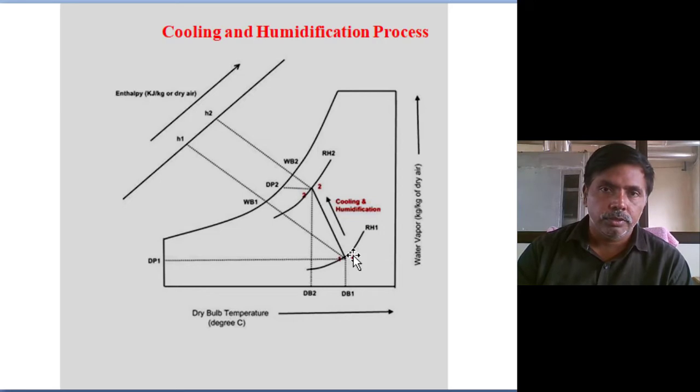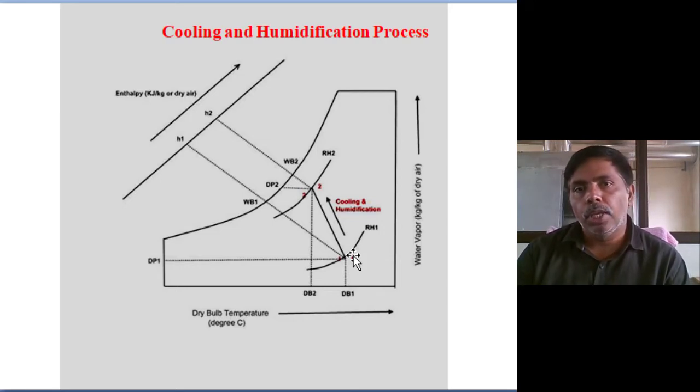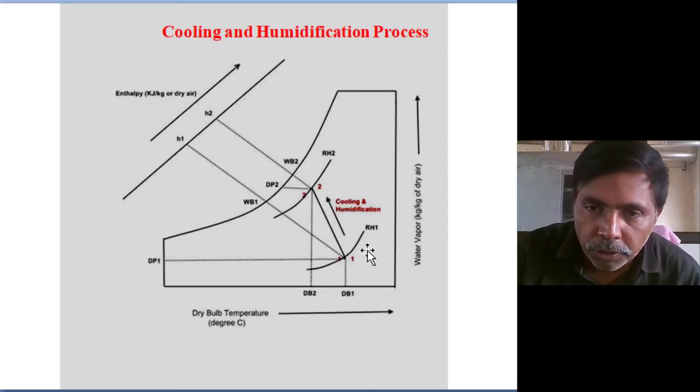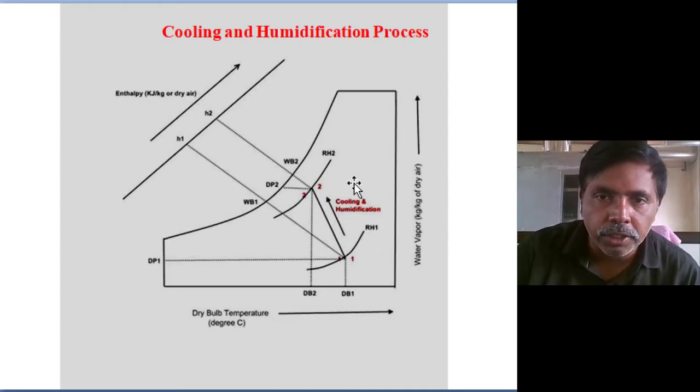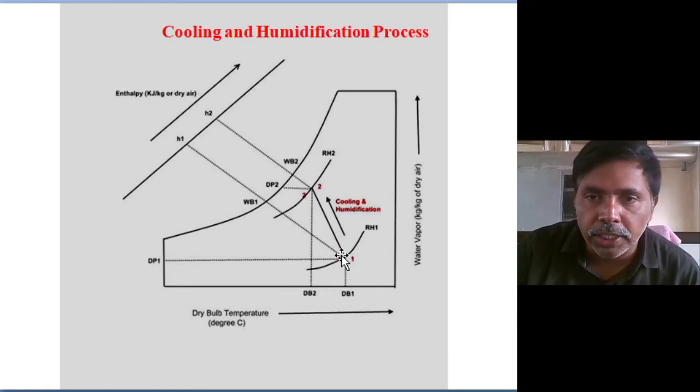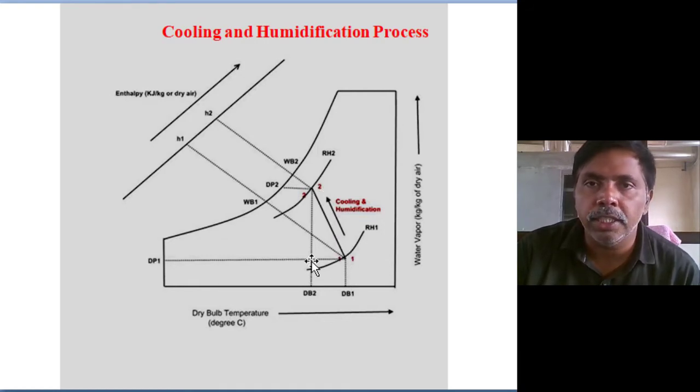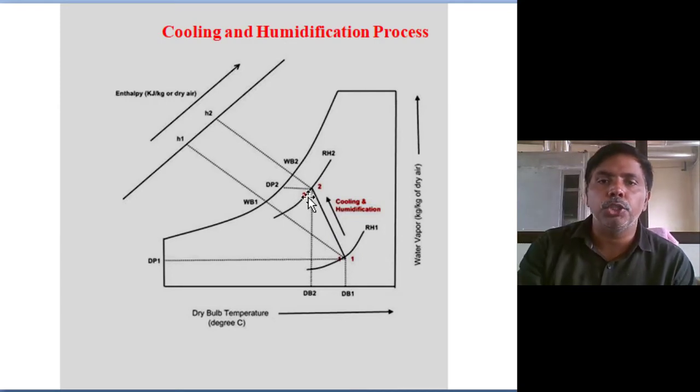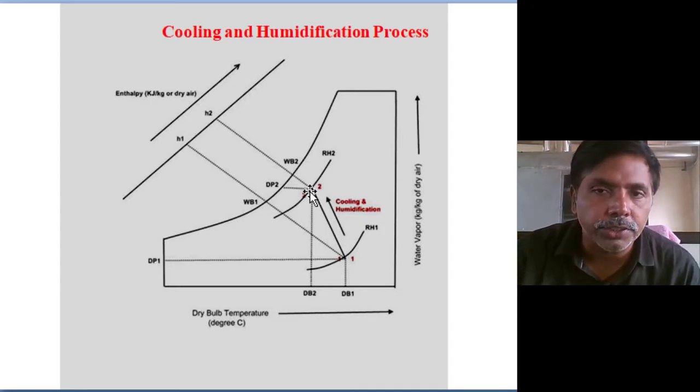Due to high temperature and less moisture, here I want to reduce the temperature and I want to increase the moisture. We are reducing temperature and increasing the moisture. Both I am doing. So in a triangle shape we are moving. Or generally, by using sensible cooling, by any refrigeration facility I can reduce the temperature. Then after that, by humidification, by adding the moisture, I will get the humidification.